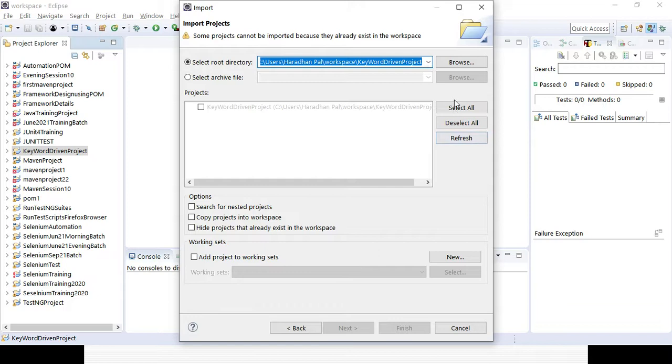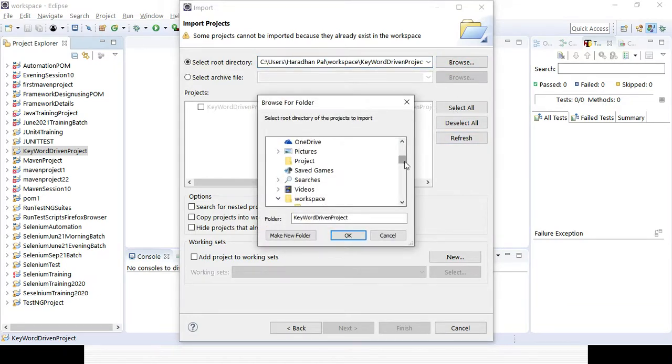And here you can browse to the folder. Suppose I have placed my folder on my desktop. So I can go to the desktop here, and go for that folder, the keyword driven framework. So the whole folder I can select instead of the subfolder. Now I can select it.